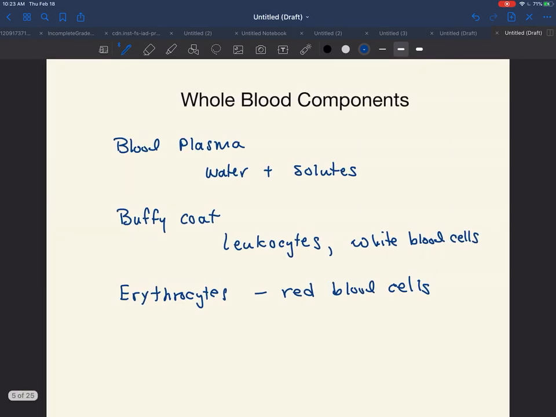So remember that this blood plasma contains things like antibodies. It's yellow in color. It contains the clotting factors, and it contains albumin, glucose, all of the things that are in